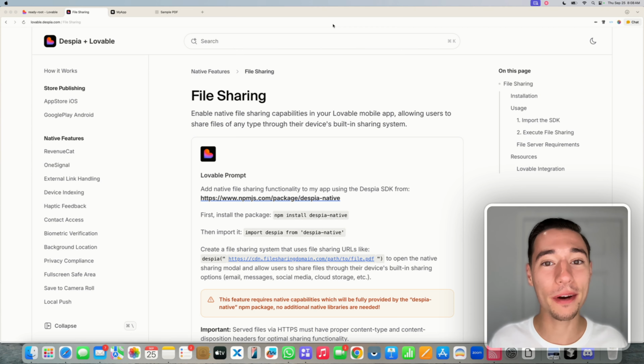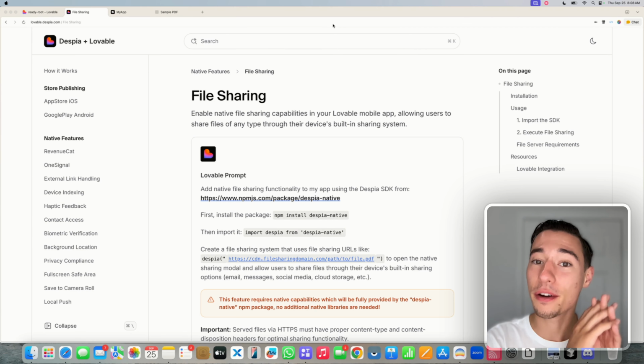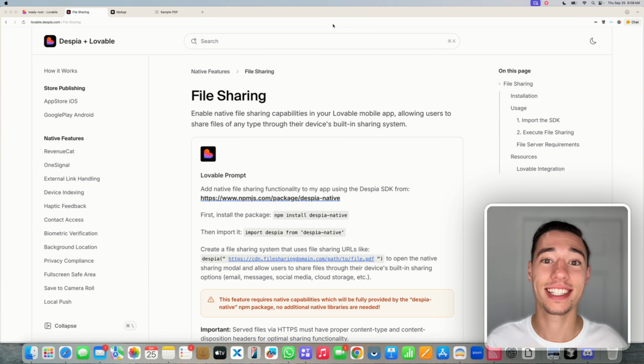In this video, I want to show you how you can set up the native file sharing dialog inside of your Lovable mobile application using the Despia SDK. It's super simple, so let's get right started with that. First of all, we are at